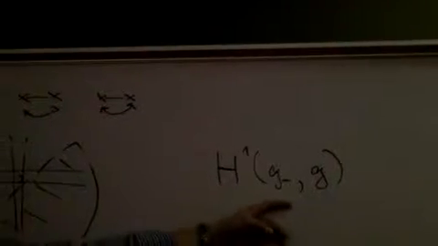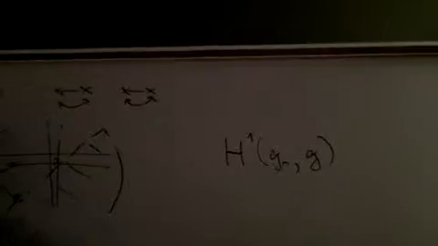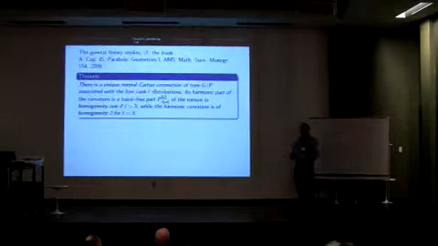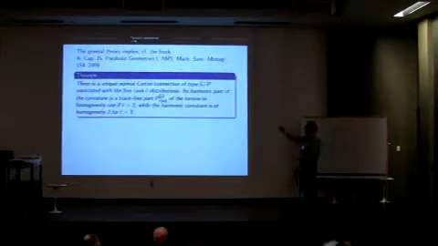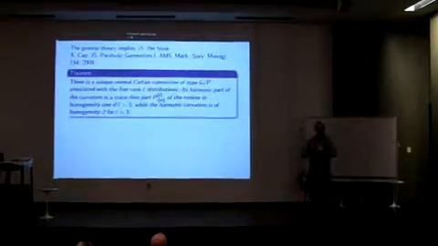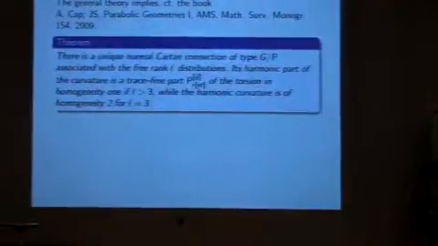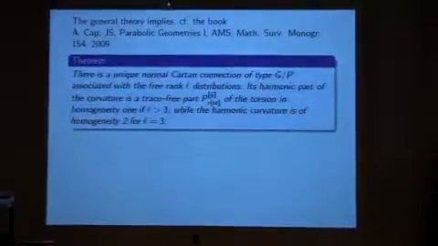You need some more information if it appears in homogeneity 0, and there are no other homogeneities. So in this case, you just look it up in some software or you compute by hand, and you see immediately that there is no further structure. It's just defined by the distribution itself. So what is the harmonic part